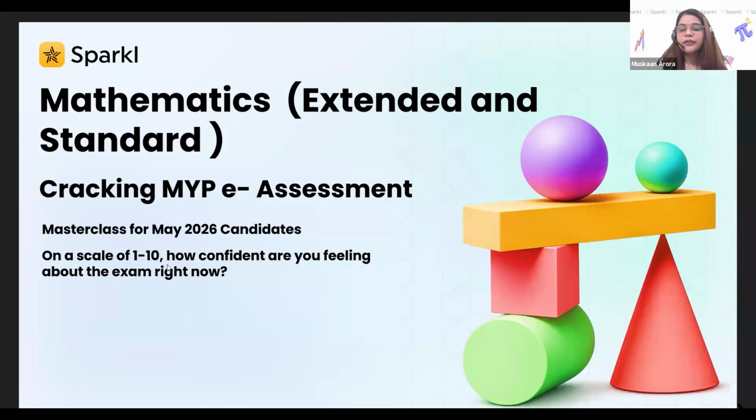So, first of all, I would like to know from you how many of you are taking the assessments in May 2026 this year? I think it does give you an option to raise your hand. That would be better. Okay, I can see Pari, Riddhi, Raika. Okay, Ria is there. Oh, many of you are actually. Arush is taking the assessment. Okay, 13 people I can see in this meeting are taking the assessments. That sounds like a good number.